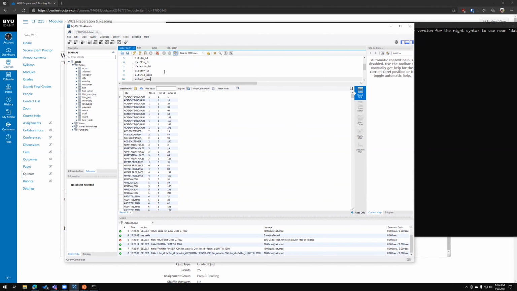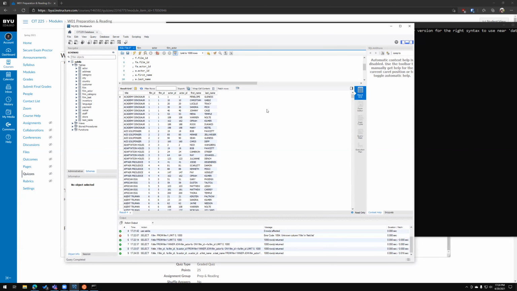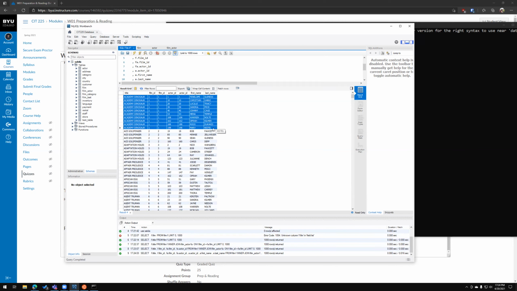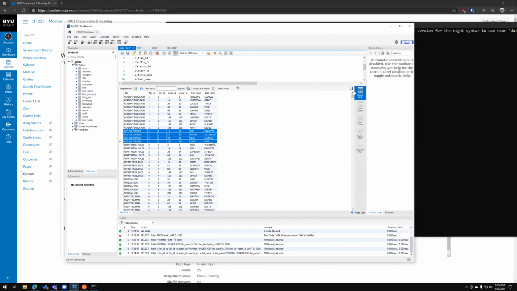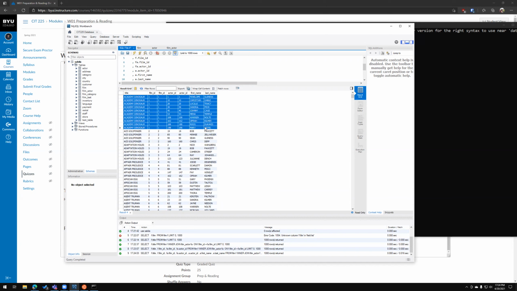Let's get the actor first name and last name. And so now we can see all of our movies and the different actors in them. One of the things I like to demo is that some movies have many actors and some movies have fewer. If we were doing this in one Excel spreadsheet, we would have to have multiple columns to say actor 1, actor 2, actor 3, actor 4,